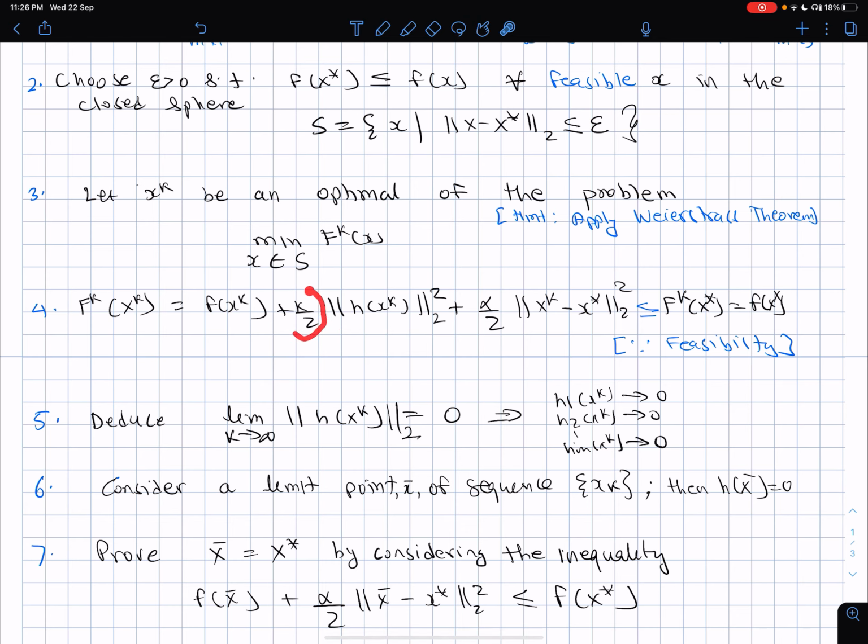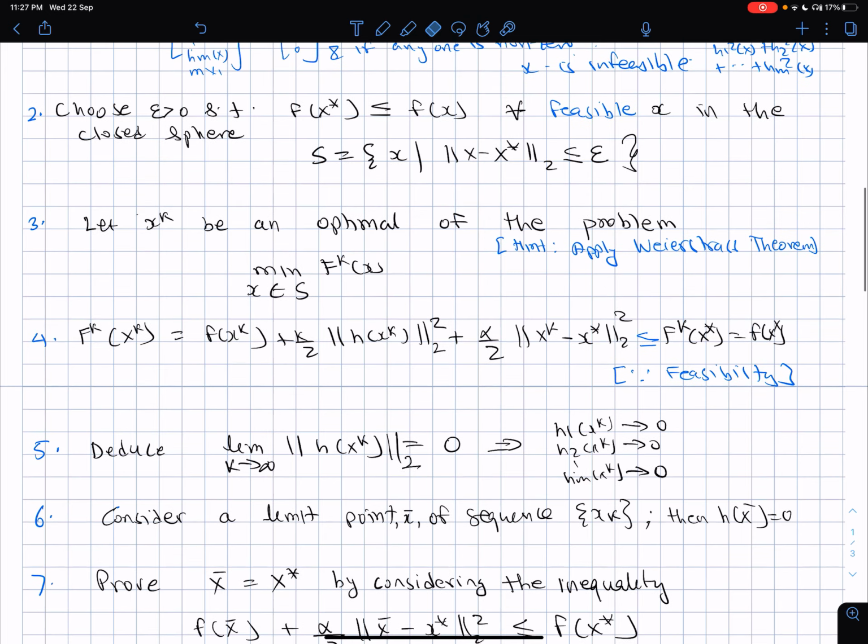And then as the penalty term keeps on increasing, the k by 2 term goes to infinity. So what will happen? Finally this term will go to infinity, because this will not go below a certain point, and this can be made as large as I want. So finally this will blow out, and this will make the problem unbounded. So fk of xk will be unbounded above, it will tend to go to infinity. But that is not possible. Why is that not possible?